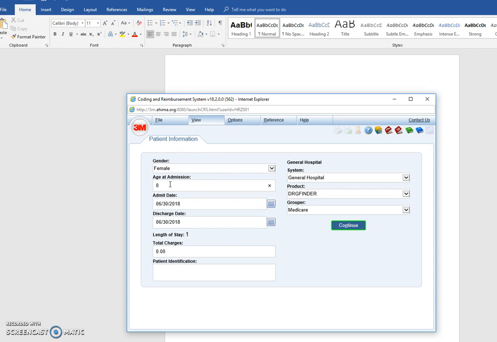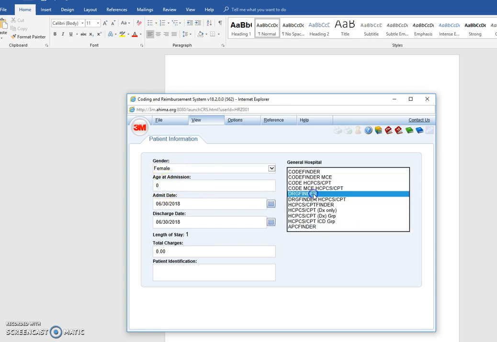We can't pick 2.5 months, so we can just do 0. If it was closer to 8, 9, 10 months, I would pick 1 year here, so you would put a 1. For our product, since our ER visits, as we learned earlier in the unit, are part of the APC payment methodology under the Outpatient Prospective Payment System,